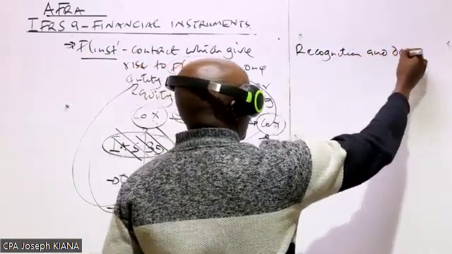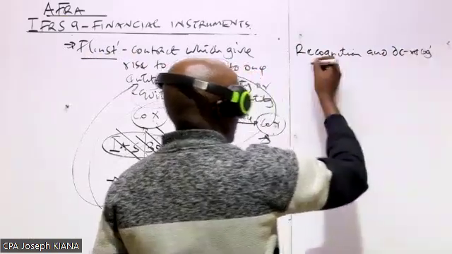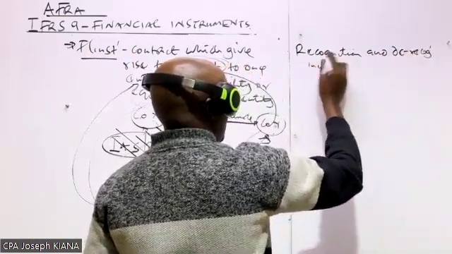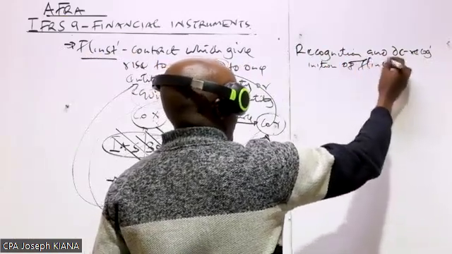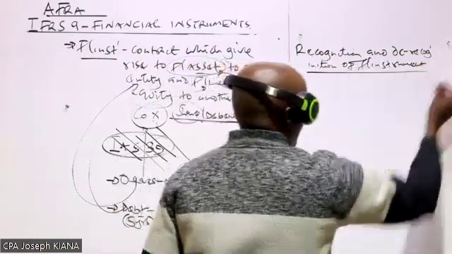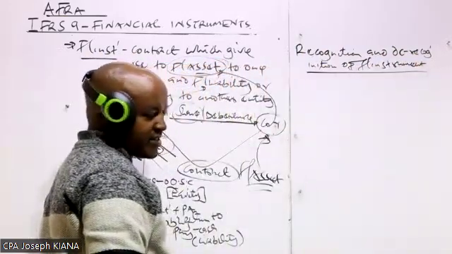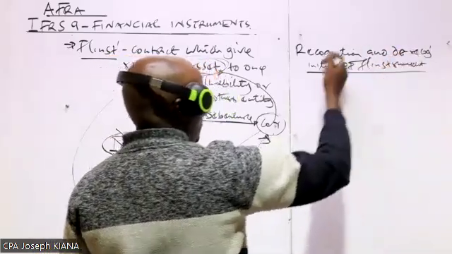So next we can look at something to do with recognition and de-recognition of financial instruments in accordance with IFRS 9. So maybe first of all, we can start by looking at the recognition